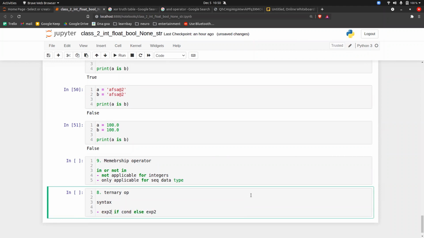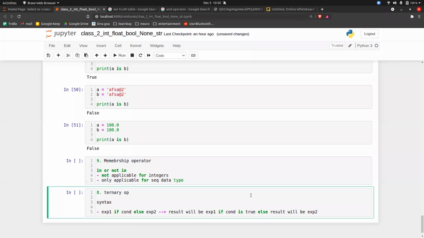So if I write it in words, the result will be expression 1 if the condition is true, else the result will be expression 2.